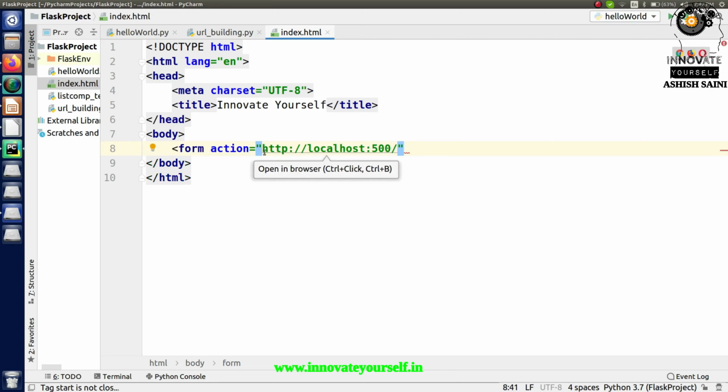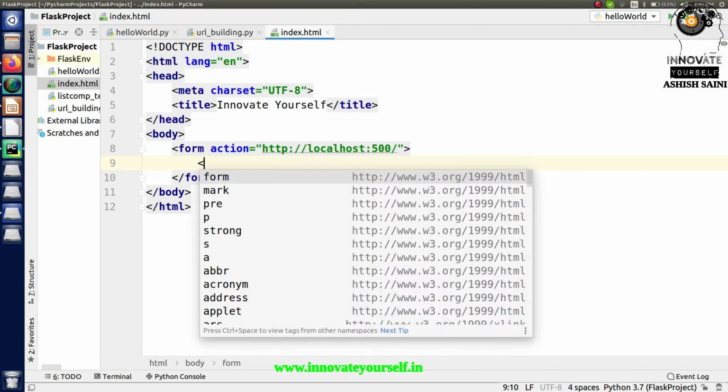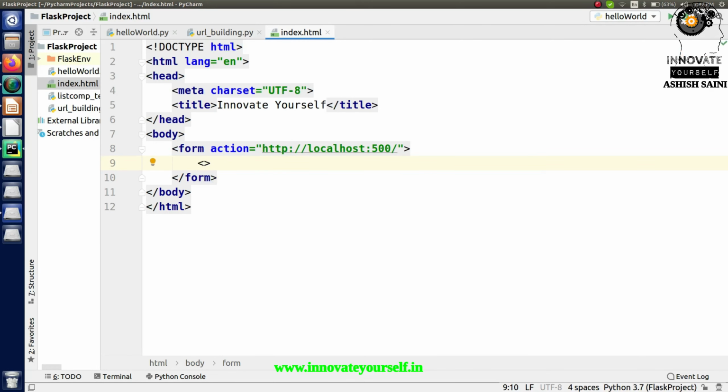After that you can further extend it, or build this API as per the API you want to suggest. It's like simply creating a URL, so it is all about that. I am done with this part, and inside this form I will simply pass the HTML tags. Let's say for now I want to pass a paragraph.